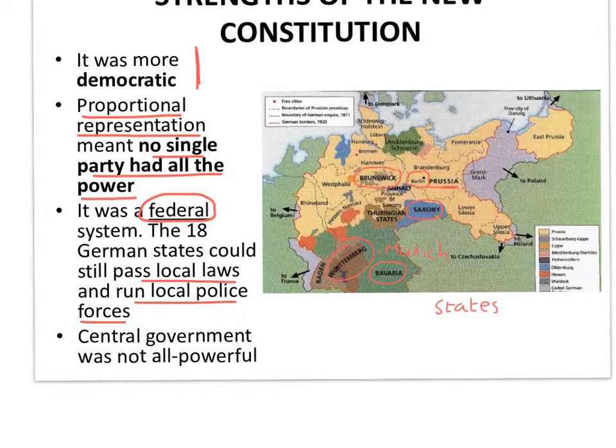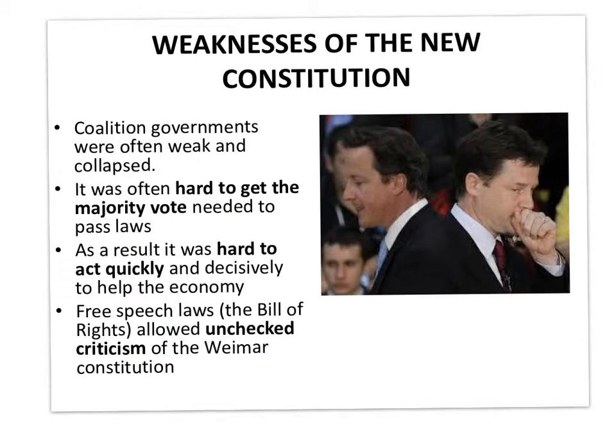So the third point is central government, the main government of Germany. It passed laws on things like foreign affairs and defence, etc. But it was not all powerful. It didn't have power over everything. So that was a strength. There were, though, weaknesses. I've deliberately put a picture here, a little bit out of date, I suppose, but